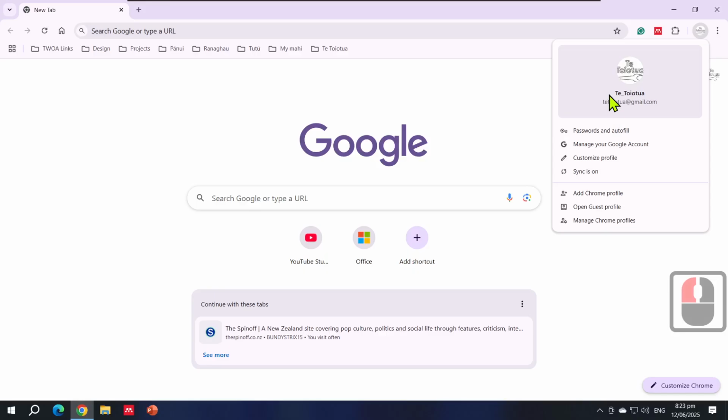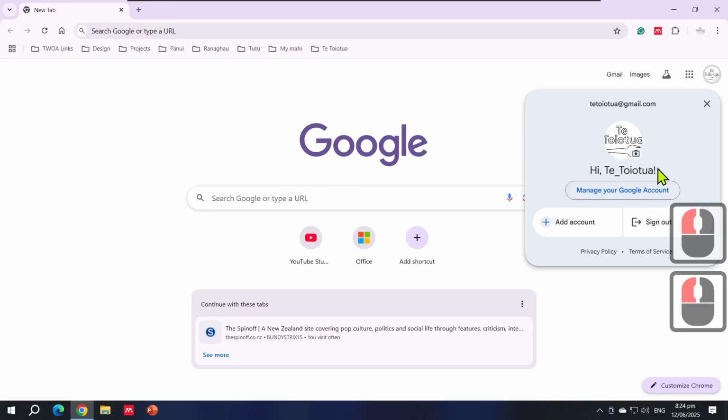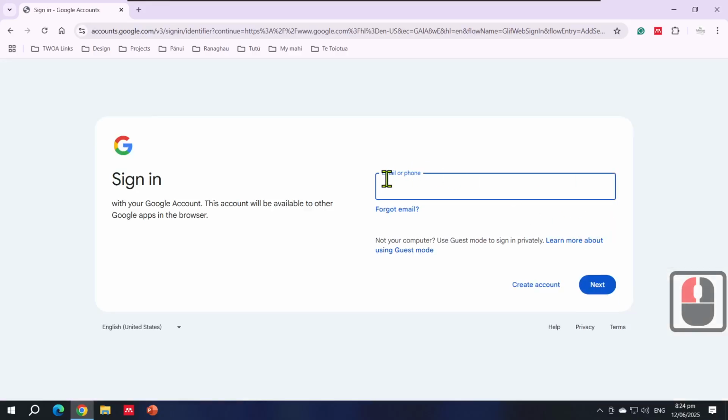Okay, so that saves all of my bookmarks. It saves my history. It'll save passwords if I want and any other settings that I've set. Okay, this one is me signed into my Google account for the purposes of the likes of Gmail or websites that I'm logged into, not the browser that I'm logged into. Okay. So you can add accounts here. That means you can flick between email accounts,